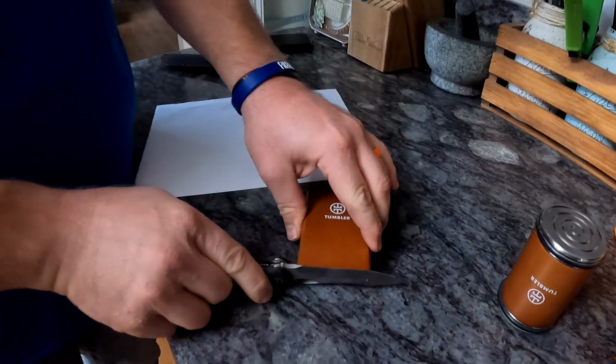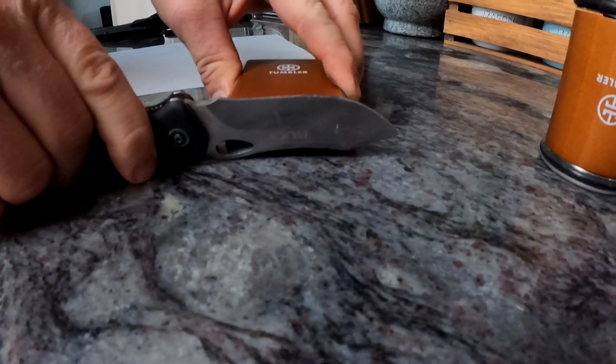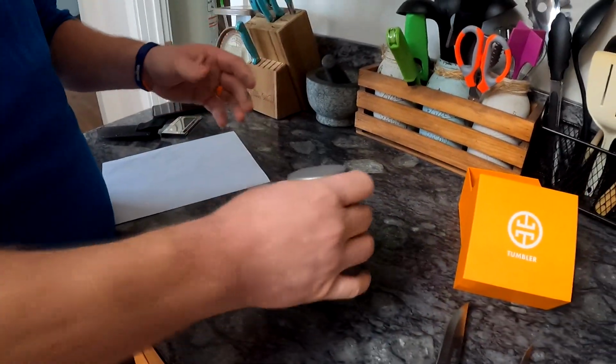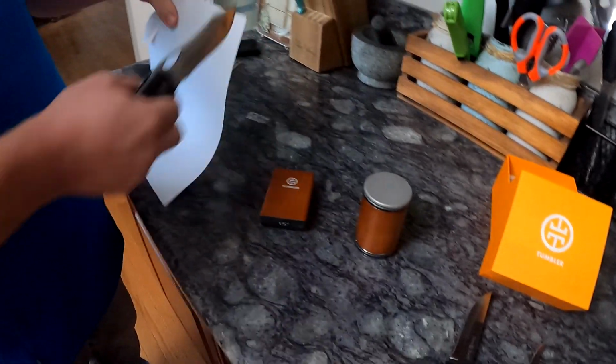And so what happens when I put this on here, now you can see, I have to move it back so the blade hits right at the edge there, because you don't want it to go any further than that. And I don't know if you guys can see this, but there's a gap up here because of the way that the blade is ground. And so you can't really get that. I mean, it is giving you the angle, I believe, but I've already done this to this knife, and it practically ruined it,